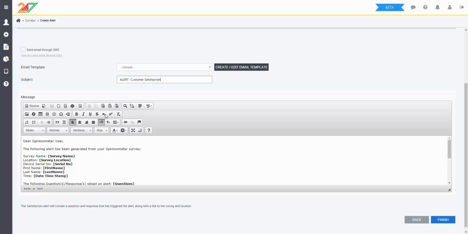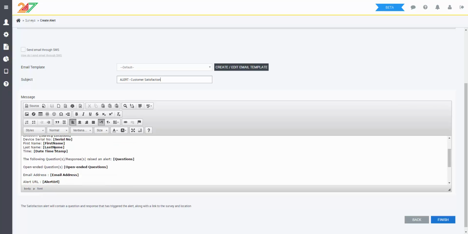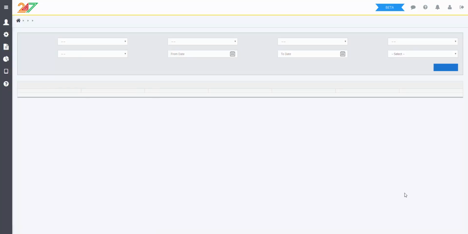This alert will distribute to the person in charge of each location, listing the survey name, location, serial number, information about the device, as well as the questions that triggered the alert. This will trigger as soon as the survey is uploaded to our servers, allowing the manager of that location to hopefully approach the customer before they've left and resolve their issue so that they don't leave dissatisfied. Now I simply press Finish. My alert's now saved,